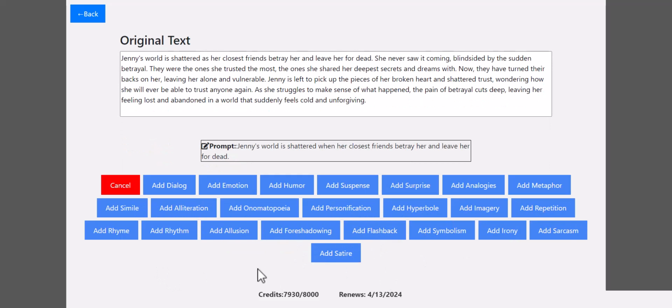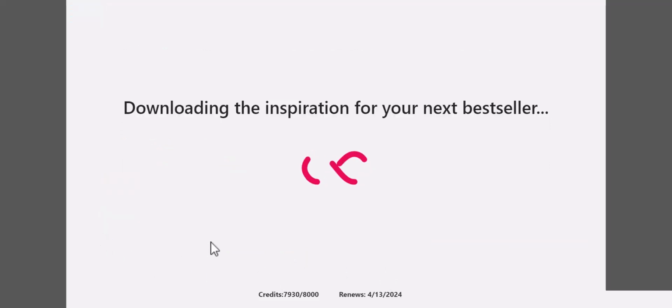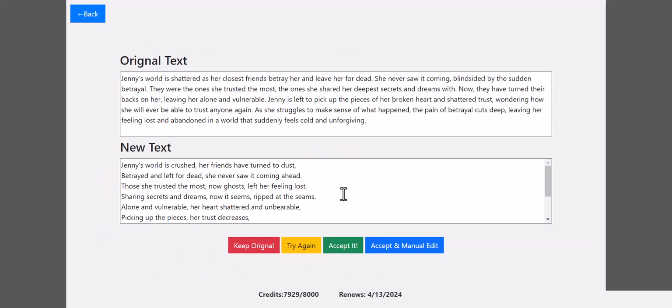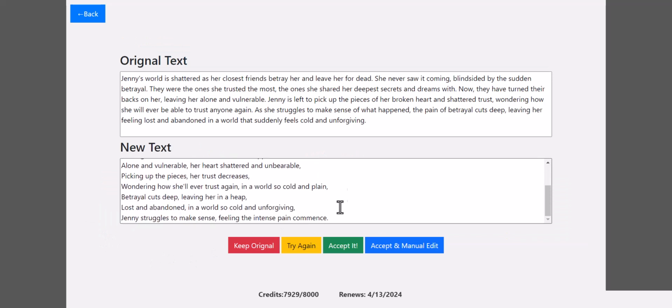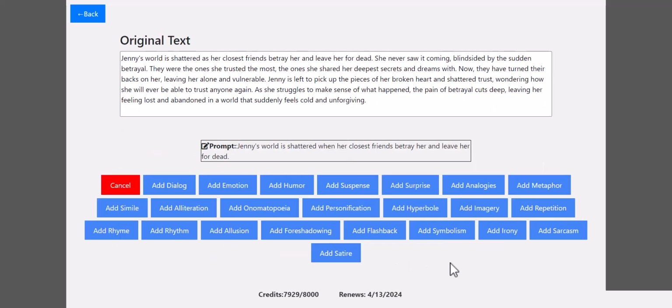We can rewrite this as a rhyme, which might come in useful in some situations. We can add metaphors, similes, foreshadowing, and all sorts of literary devices. I encourage you to play around with this and see what interesting things you can come up with to enhance your